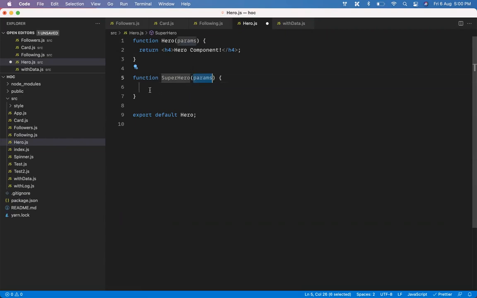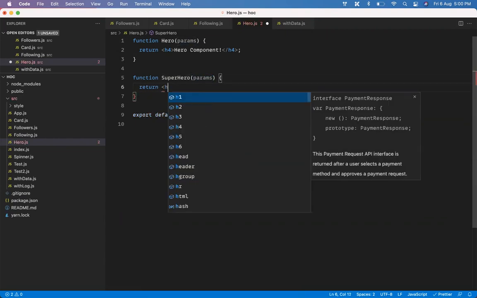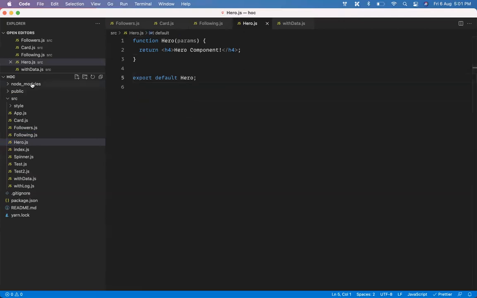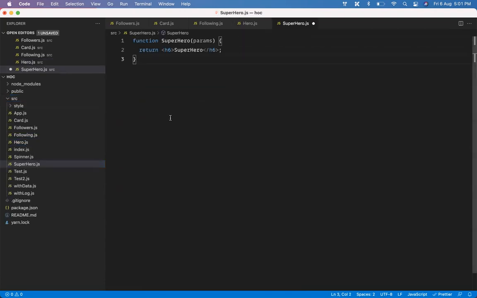And superhero is just going to return something again, let's call it h6 superhero. Okay, so I have a component and I want to use it in whatever way or form, and I'm doing that here. If you want to create another component for this, I'm going to create another one, superhero.js.